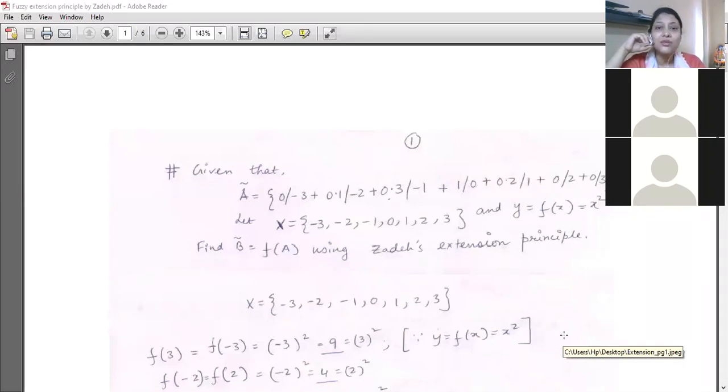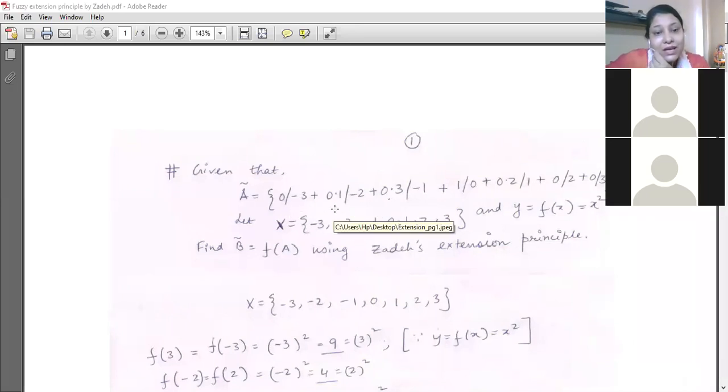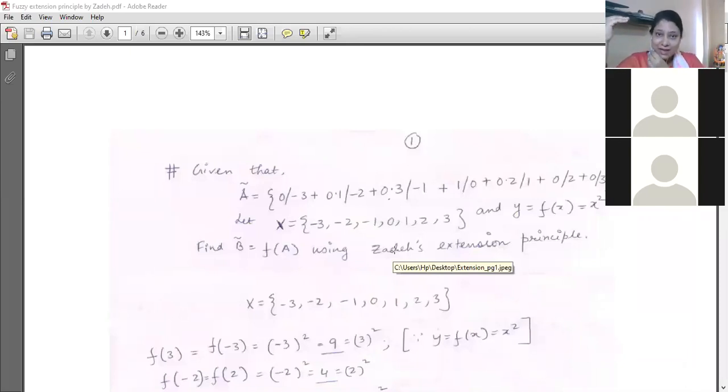And he told us that suppose we have one fuzzy set like A. You can see in problem 1 that here we have one fuzzy set, set A, right? So now just recapitulate step by step, take your time and recapitulate in a very calm manner, that